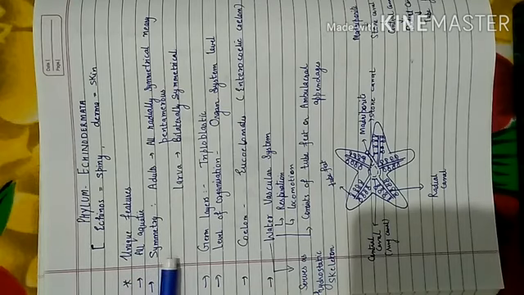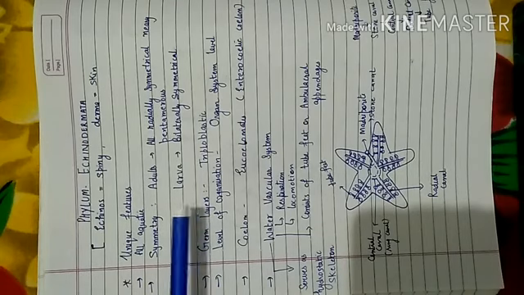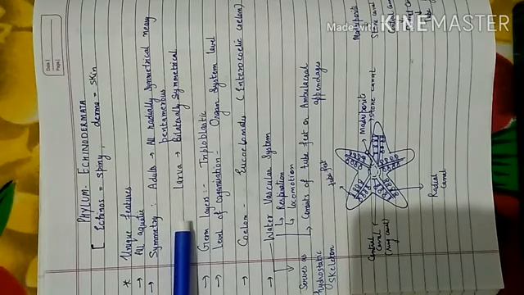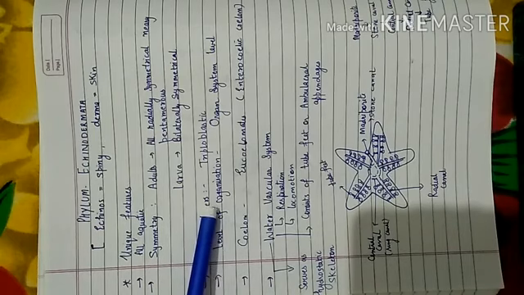Then the next one is symmetry. The adults of this phylum will show radial symmetry and the symmetry is usually pentamerous. But the larvae will show bilateral symmetry. So these are the common features which we have studied in a previous video also. Then germ layers. They are triploblastic. So triploblastic means in their body there are three germ layers, that is ectoderm, mesoderm, endoderm.